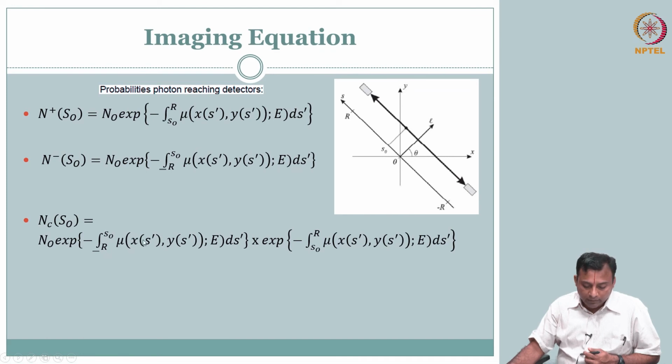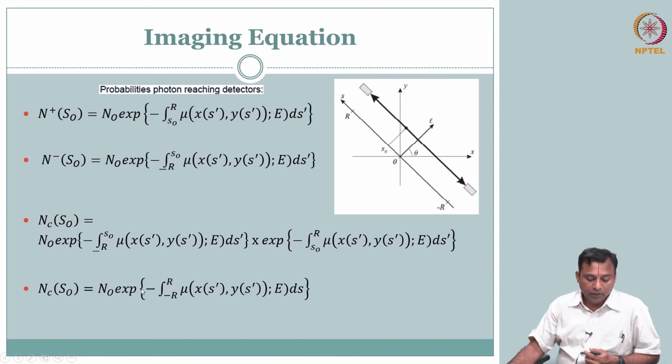Essentially these are the same, x of s is the line, but your limits have changed from R to S0 to S0 to R. What does that mean? I have minus R to S0 to minus R, there is a minus R actually. You can combine that, you get the full path minus R to plus R.